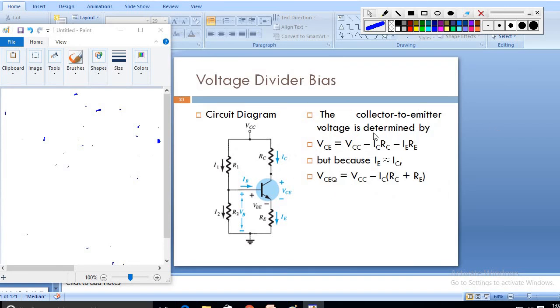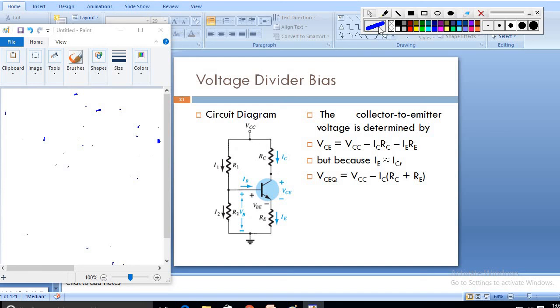Again coming to the output side equations. Collector to emitter voltage VCE is what I need to get. Is there any node formation here? A node means R1 and R2 meet at a particular point, so the currents of these two resistors meet there. Here it is not like that. IC is flowing across RC and IE is flowing across RE. There is no need for any node here. For that reason I am applying KVL here.